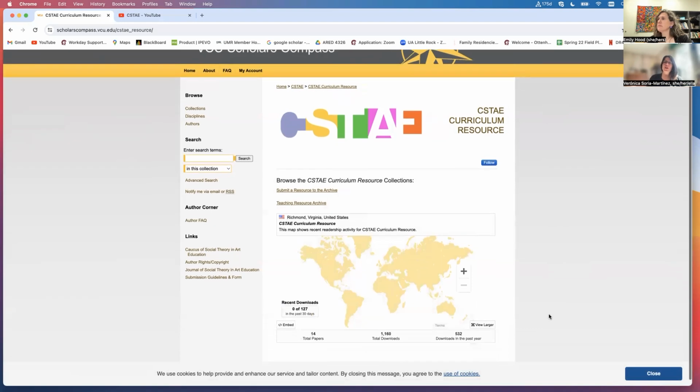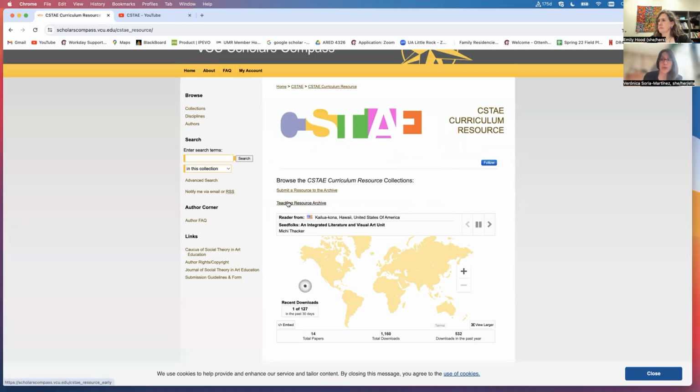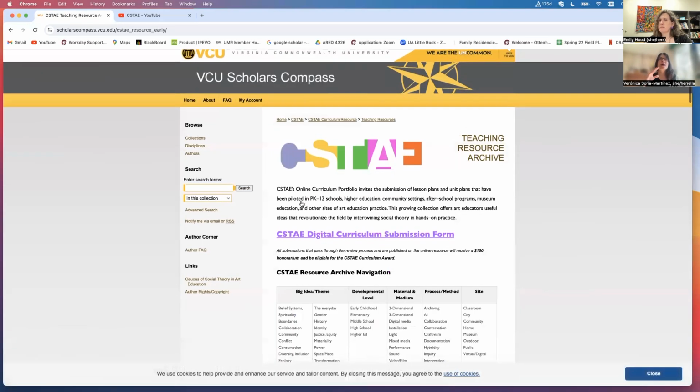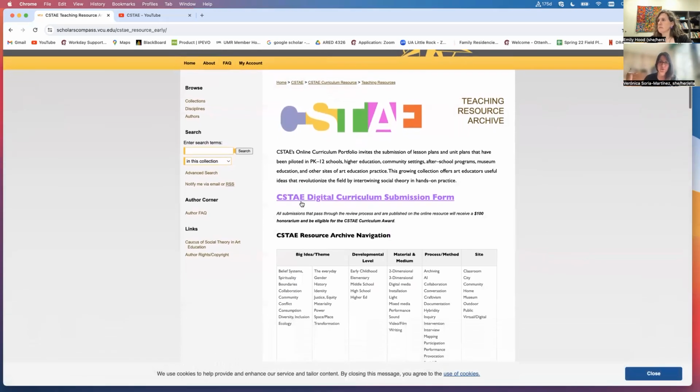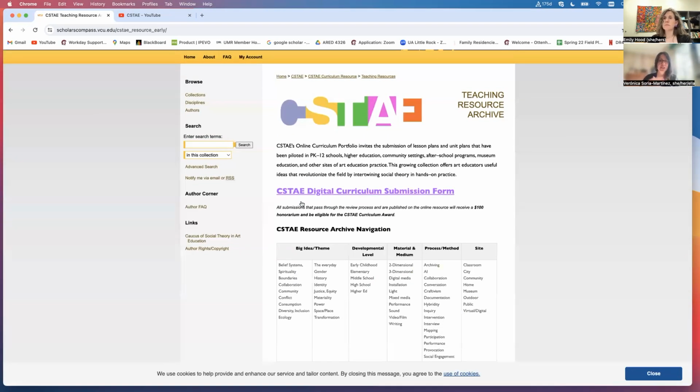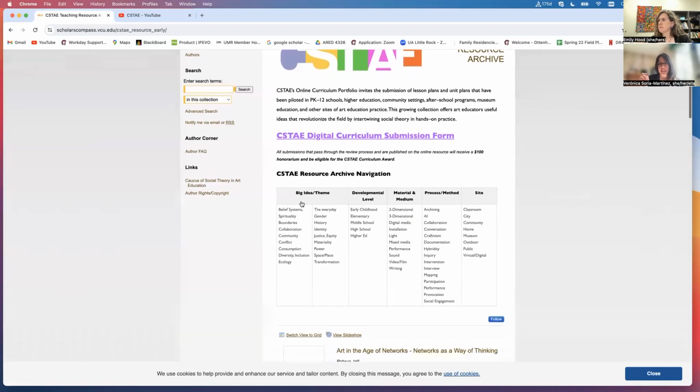One's where you can browse all the curriculum planning, all the curriculum resources that are already in there and that have gone through a review process, that they have been vetted and improved, so that we all can keep learning and browsing them, download them, and using them in our classes. And it is really very easy to use because it has different categories, and you can really select what it is that you need,